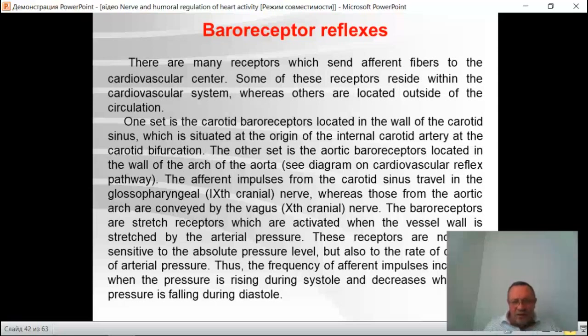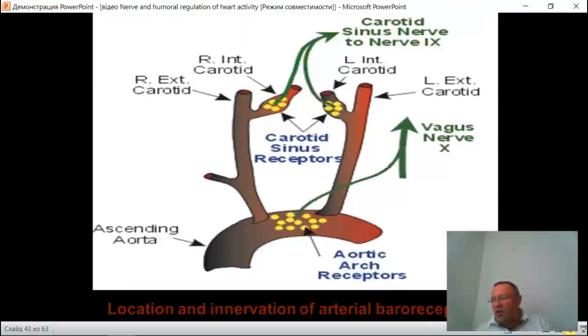The other set is aortic baroreceptors, located in the wall of the carotid sinus, which is situated at the origin of the internal carotid artery and the carotid bifurcation. The other set is the aortic baroreceptors located in the wall of the arch of the aorta. The afferent impulses from the carotid sinus travel in the glossopharyngeal nerves, whereas those from the aortic arch are conveyed